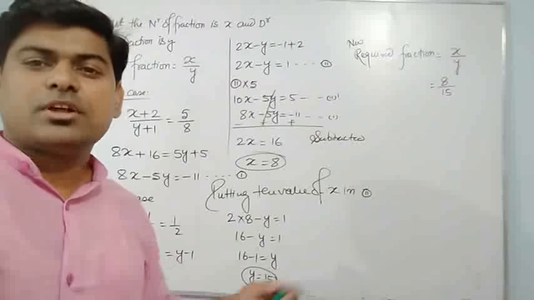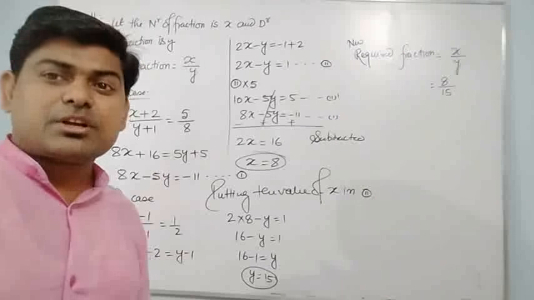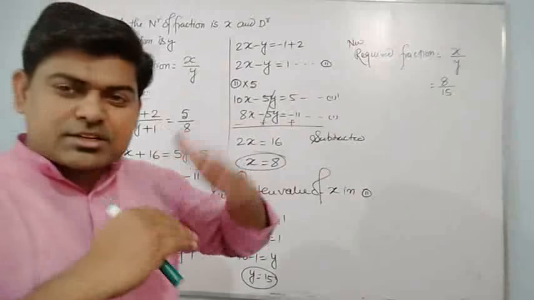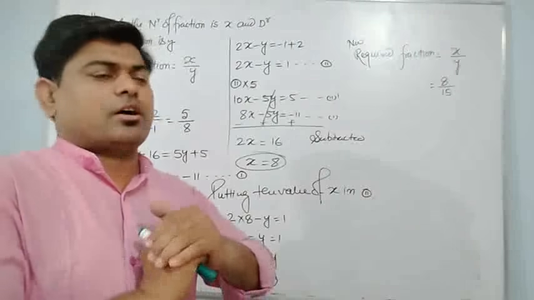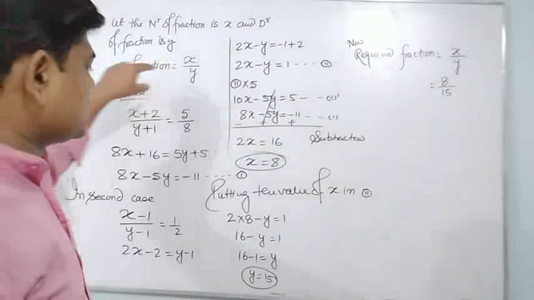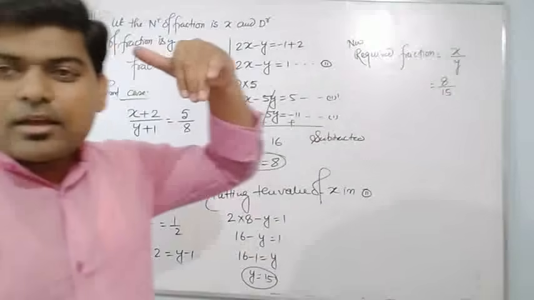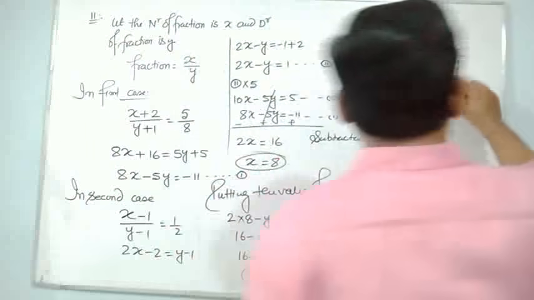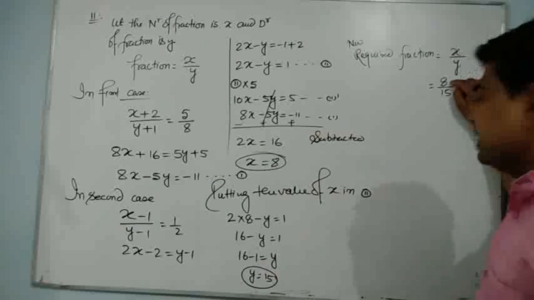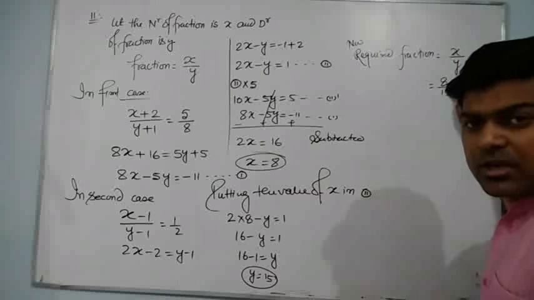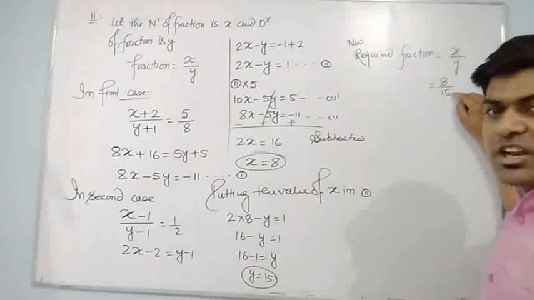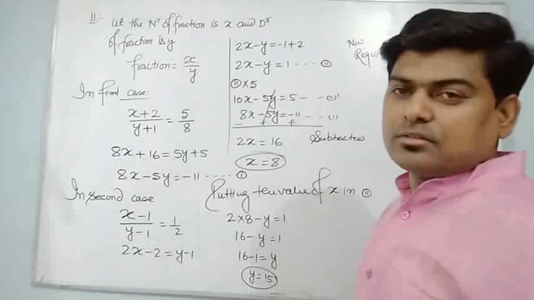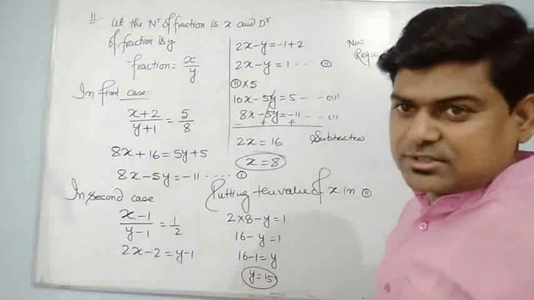And now a question has come. We can check ourselves whether we have done correctly or not. See, both conditions are going to verify or not. What was the first condition? If I increase numerator and denominator, it will be 5 upon 10. When I increase by 2, it will be 10. Increase by 1, it will be 16. So 10 upon 16 can be simplified and written as 5 by 8. 2 5s are 10 and 2 8s are 16.